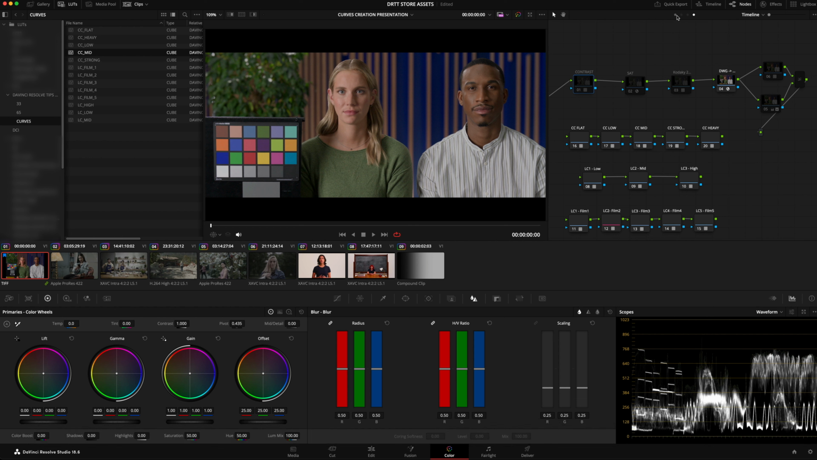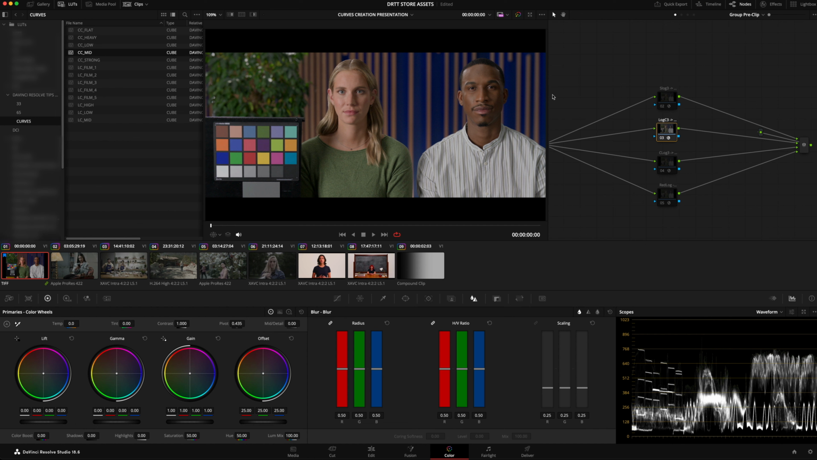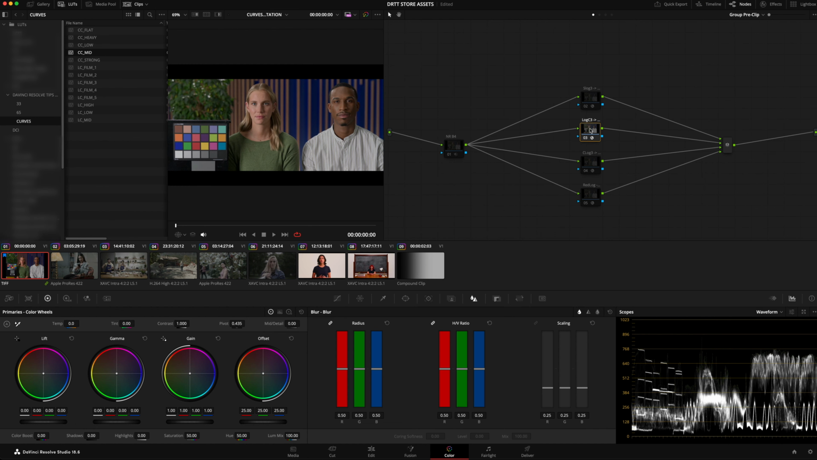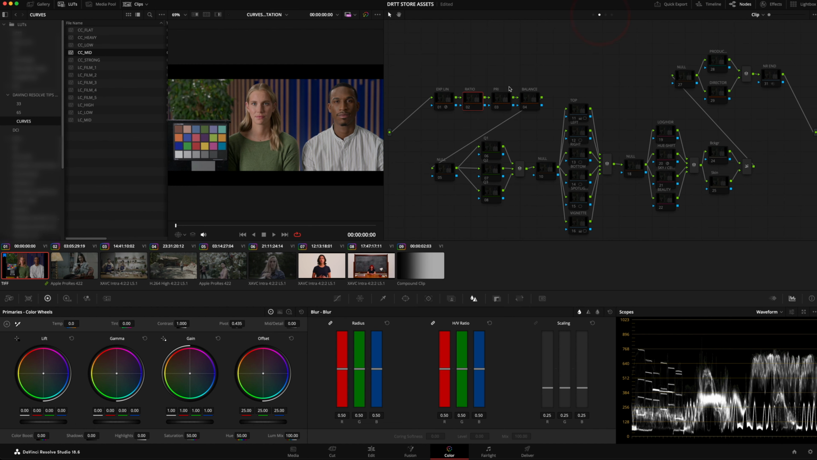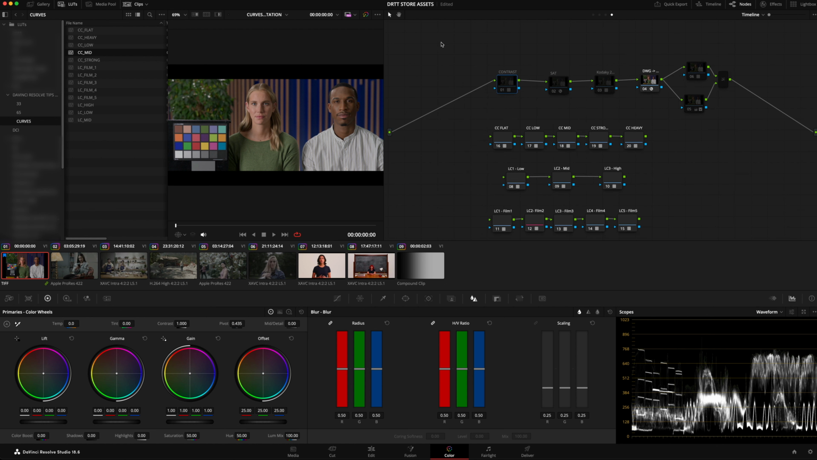As you know, I'm also selling my fixed node trees. So this is where I have my LUTs 3. I've done nothing to this image. So this is my clip level node tree. And well, this is my